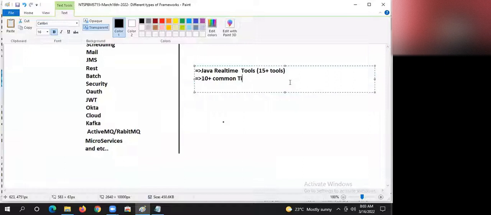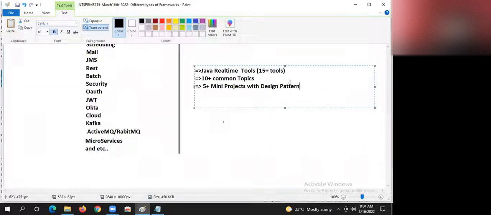On day one, I listed all the things, but for newcomers, again I am telling. Next, 5 plus mini projects, with design pattern implementation.